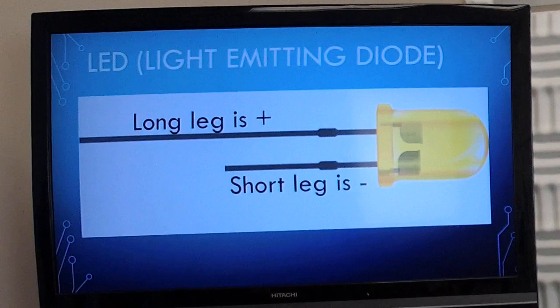And on these LED bulbs, what we find on this particular style is that they have two metal, what we're going to call legs. And those legs are different polarity as far as being positive or negative so that we can have the electrons passing through them. So the long leg on our LED bulbs is going to be the positive side, and the short leg is going to be the negative. Now we know that electricity flows positive to negative. So if we come back to our card,